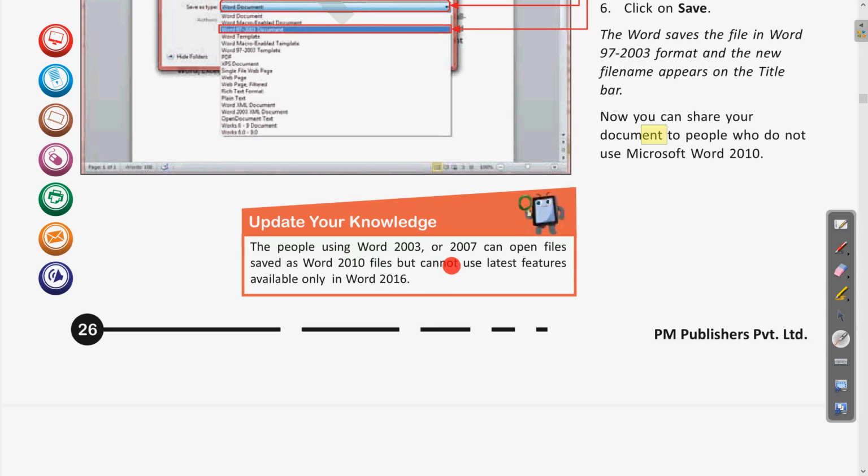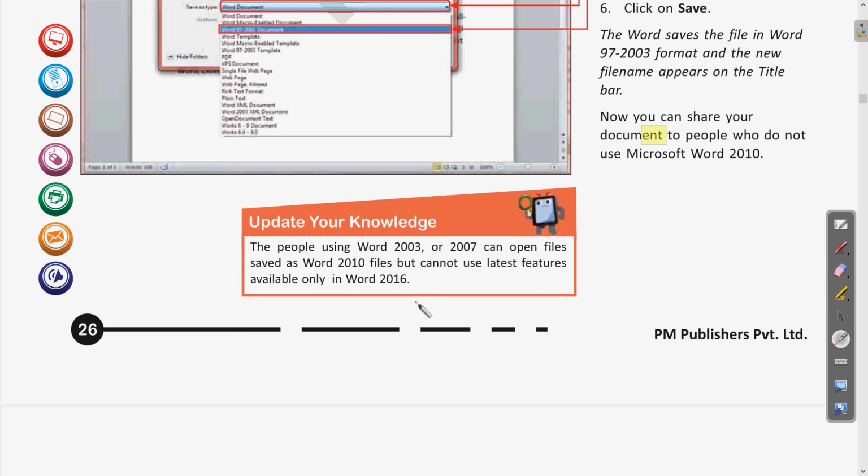The people using Word 2003 or 2007 can open files saved as Word 2010 files but cannot use the latest features available only in Word 2016. What does it mean?